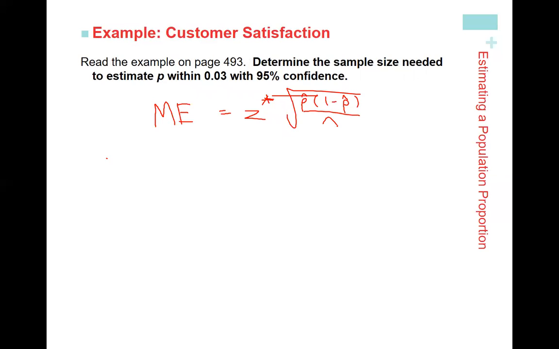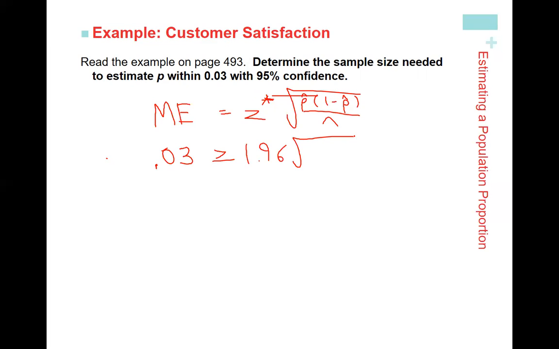And let's plug in some values. If we want the margin of error to be 0.03, and we want that to be the largest possible value of my margin of error, I don't want the margin of error to be wider than 0.03. So let's start plugging in values. Z-score for a 95% confidence interval, we talked about how to calculate that. You can calculate it, or you can remember when we did it last time, it was 1.96. It's still 1.96, times the square root